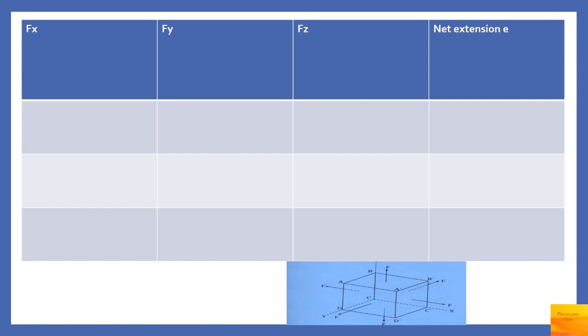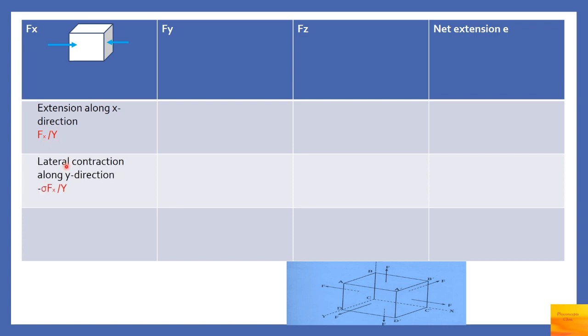Now we will see the effect of the forces along each direction. We will see the effect first of the force along the x direction. We will denote that force along the x direction as Fx. For our understanding, we have put this suffix x, otherwise the force applied is the same in all the directions. So Fx, Fy and Fz, they are all equal to F. So this is the force acting along the x direction. This Fx will produce an extension along the x direction, which is written as Fx upon Y, and lateral contraction will be produced along the y direction and along the z direction, that is minus sigma Fx upon Y